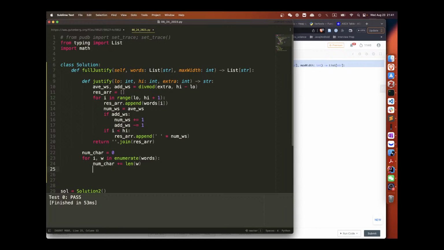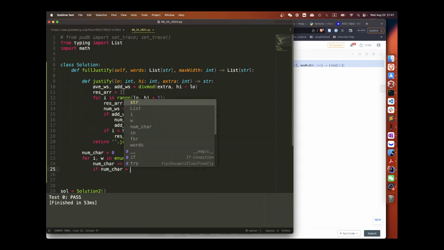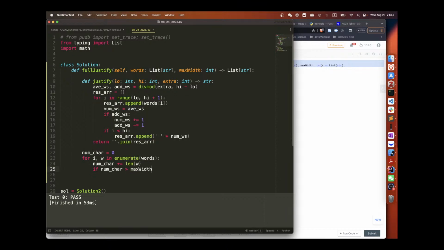Because I include this, and we say if num char is larger than max width, so we add this as larger than, then we need to call low and the rest, right? If we keep adding, it gets above.